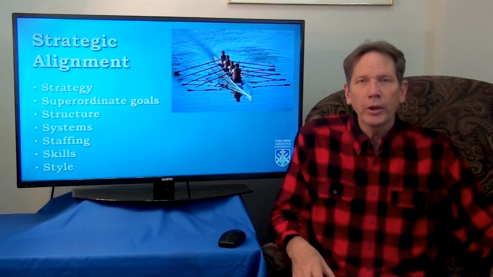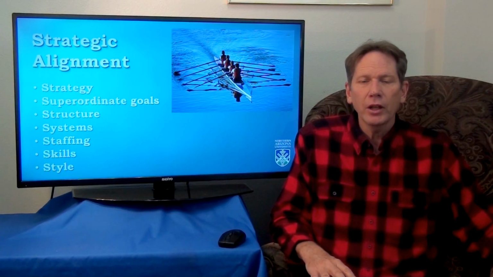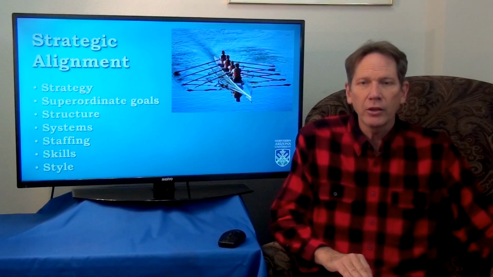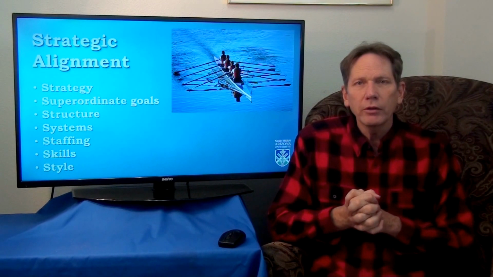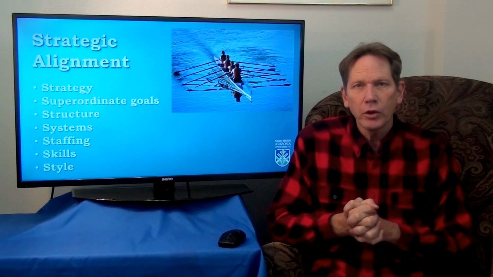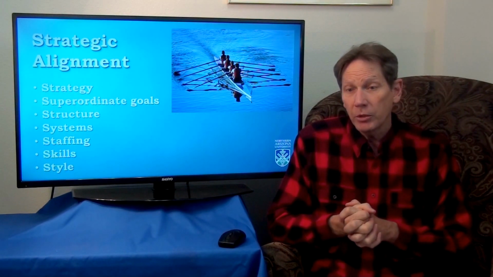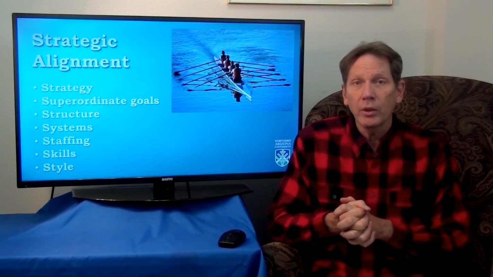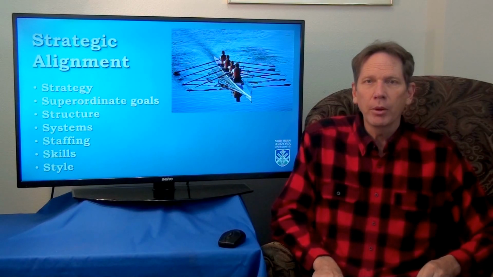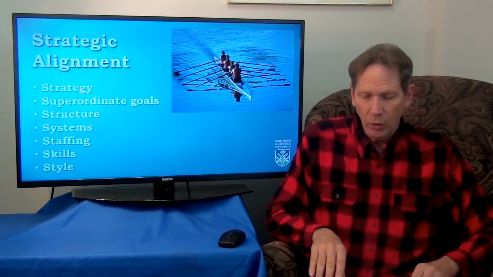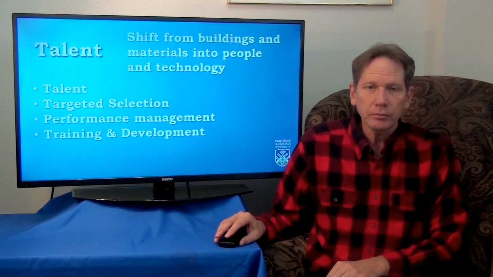Often in lower level positions, you really don't have a lot of say other than you can point out to your manager and hope it works its way up the line. Strategic alignment is critical for organizational success over the long term. Organizations get out of alignment and they can get back into alignment with far-sighted managers that recognize the problem and have some skills in what to do about it.